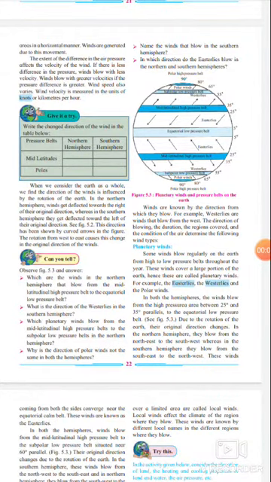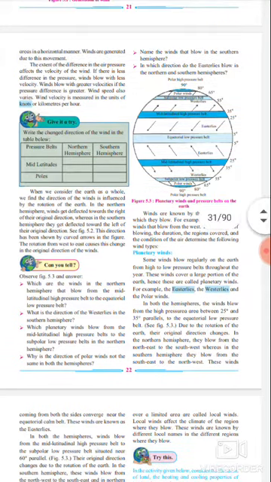See on page number 22, the extent of the difference in the air pressure affects the velocity of the wind. Velocity of wind depends upon the difference in the air pressure. We know that from high to low pressure winds can move. Okay, if there is less difference in the pressure, winds blow with less velocity. It is obvious, we all know. And winds blow with greater velocities if the pressure difference is greater.